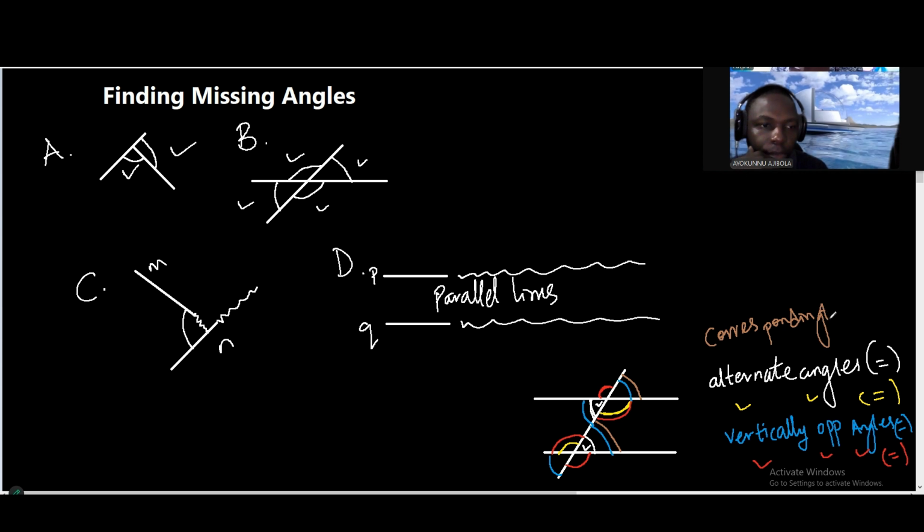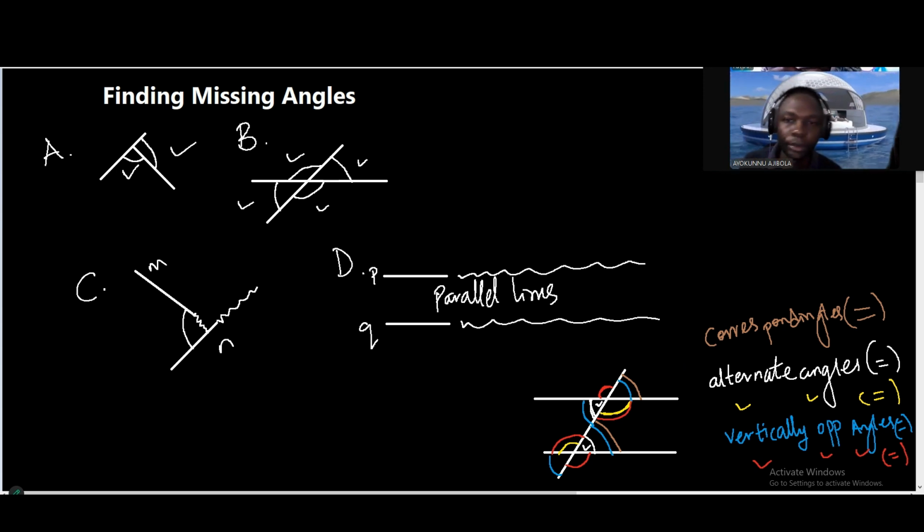Corresponding angles are also equal since it's the same parallel line that forms it. We can quickly check something out. If I have a straight line and another straight line parallel to it, and across them a straight line,